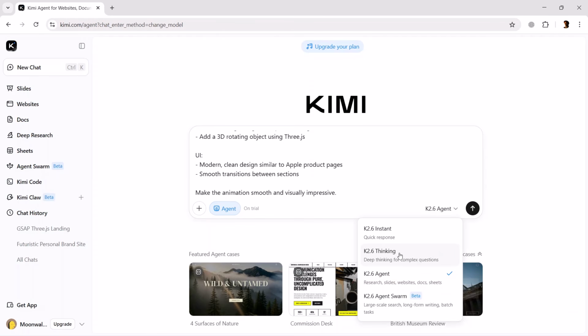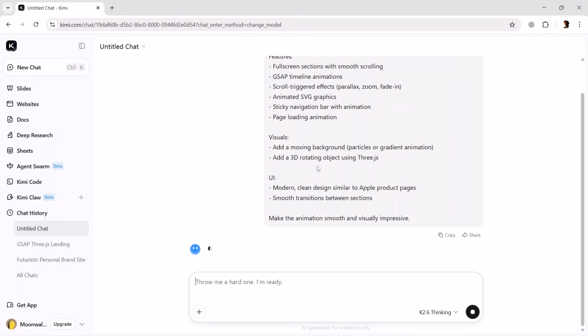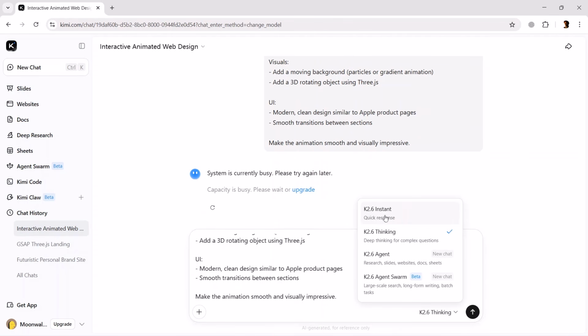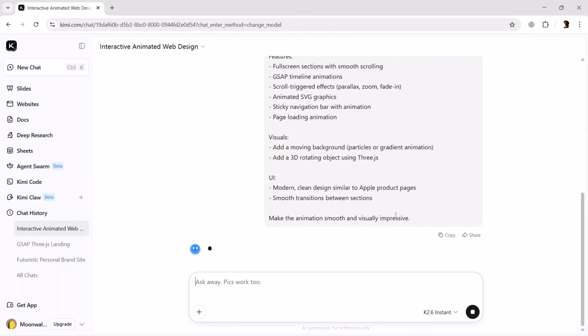So this is on trial. We will select Kimi K2.6 thinking, and we will run it to build our website for us. Let's wait and it will create this website. Yeah, capacity is busy. Please wait or upgrade. So let's use instant. Okay, instead of Kimi K2.6, let me select instant and it will run and build this